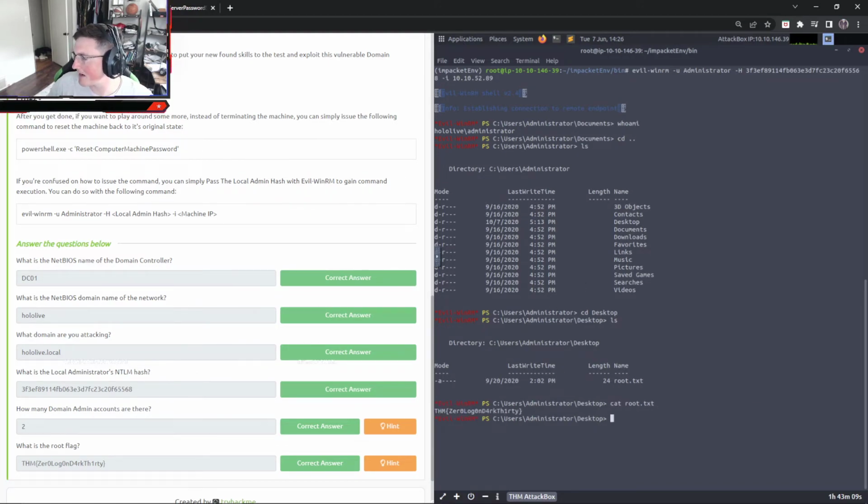Keep in mind, guys, that really all you're doing in a pass the hash attack is acting as though the hash is the password. And it is the password. You just aren't unhashing it for them. You're not getting the actual password. You're just saying, hey, here it is.